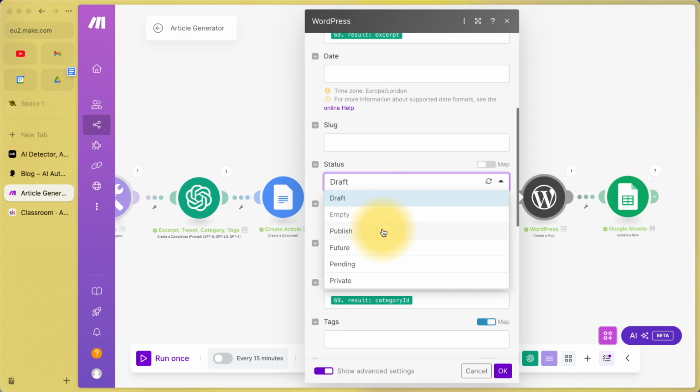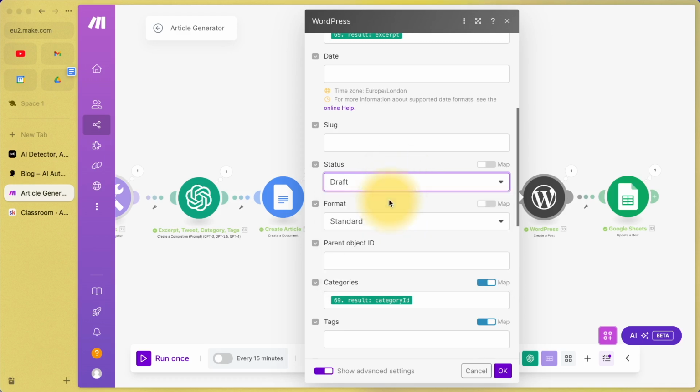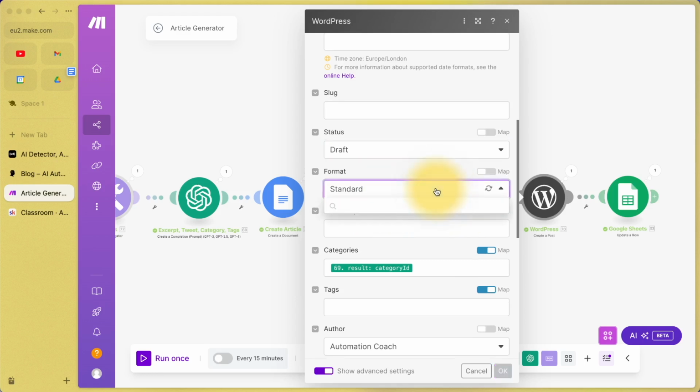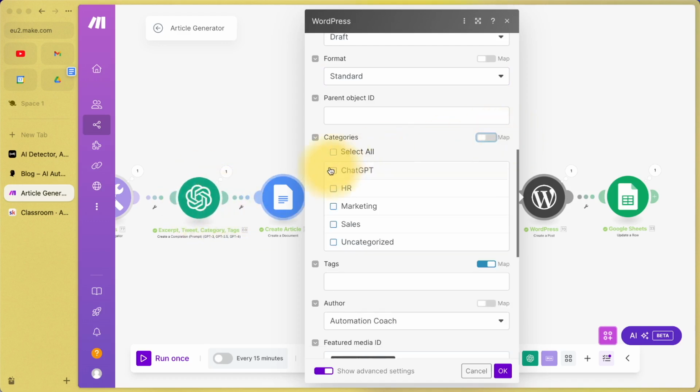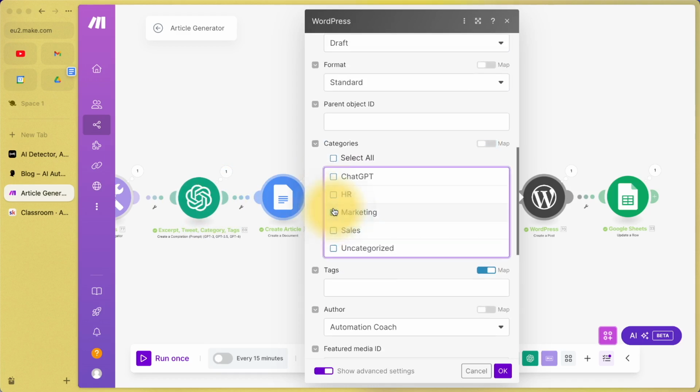Do you want it to be published straight away or saved as a draft for review? That's up to you. Each theme might have different formats. My one's just standard. The category of the blog post, well, we got OpenAI to decide that for us. And this one, if you don't have map on, you have to manually select where you want it to go. And you can't change that